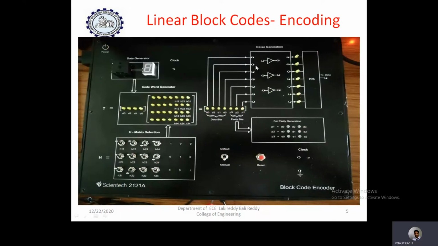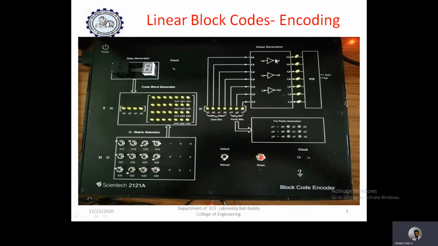So in order to generate the error by ourselves, connect any of the input or any of the data pins to the NOT gate and connect the NOT gate output to the other section. Then automatically this bit position is connected to the NOT gate.